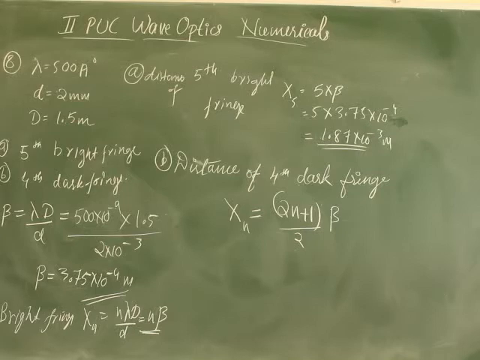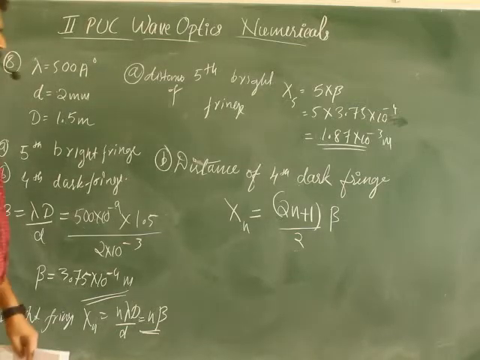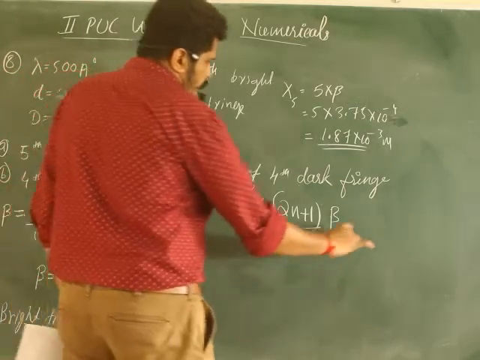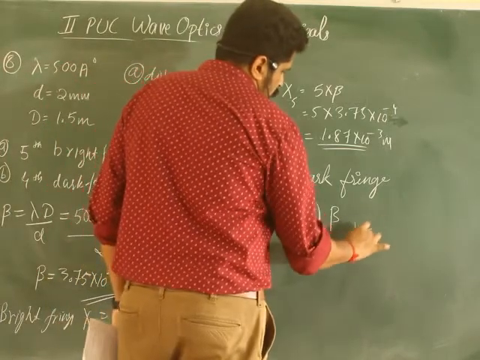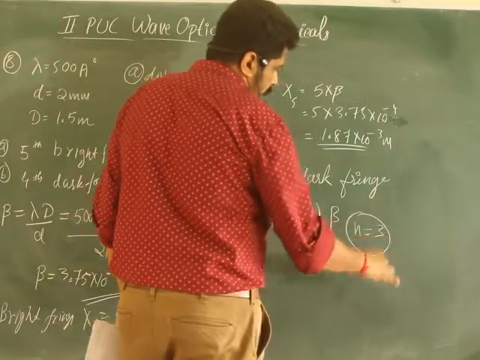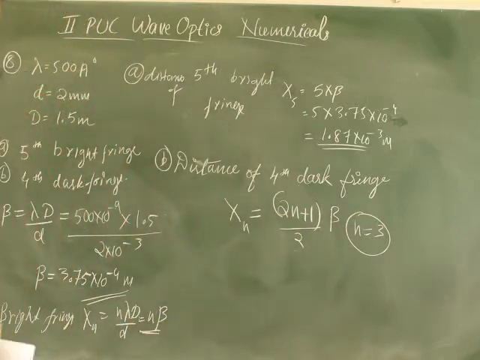Hope there is no confusion in this. 2n plus 1 by 2 lambda D by d, or directly beta I have taken. But here n value, how much has to be substituted? 3, correct? Because 2n plus 1 is given. So the other day I have explained all this to you. So the answer is